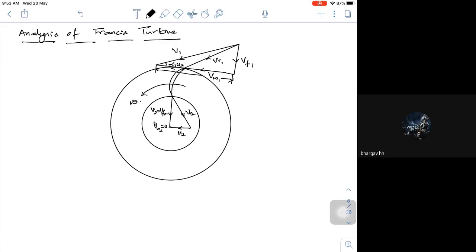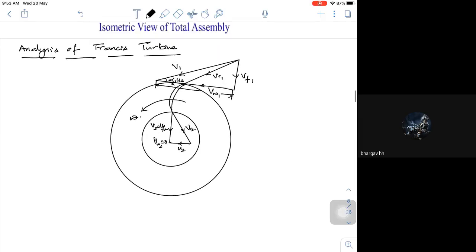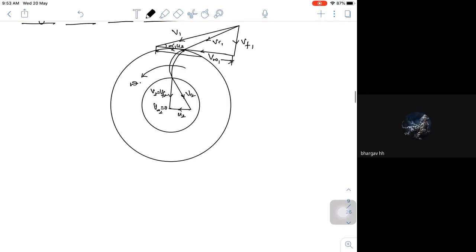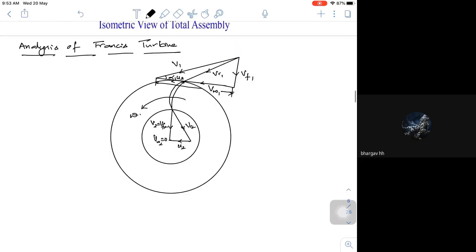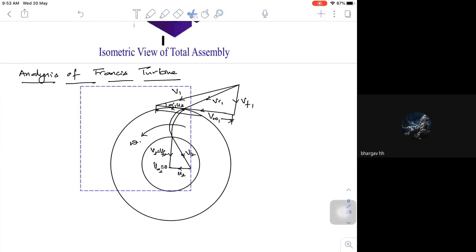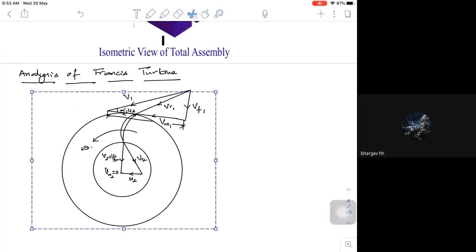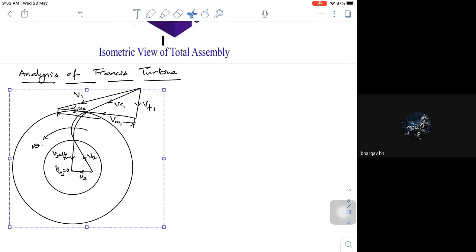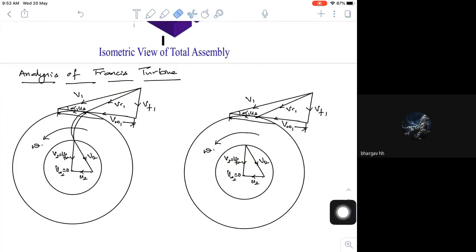Now, what I have written is one form of velocity triangle, where V1 is in this direction, for a curved vane like this. I have another possibility where your curved vane will be in a different fashion. Let me draw that also. So now I have another form, where I am looking at all the possibilities. So what is it actually? The curved vanes.